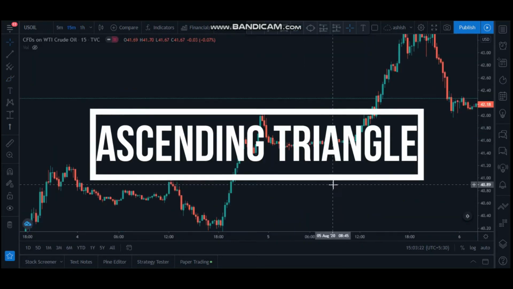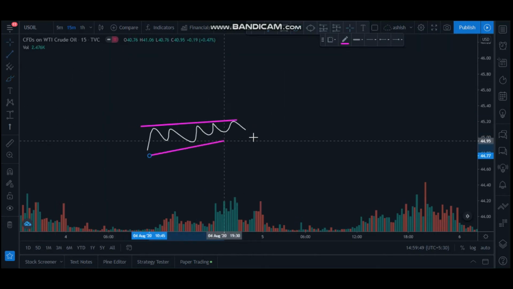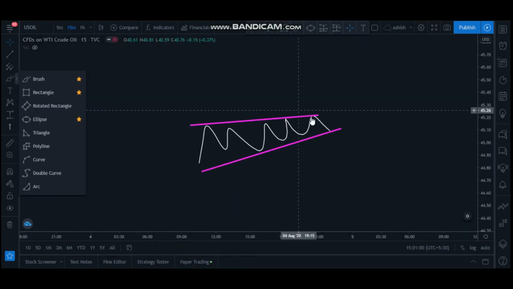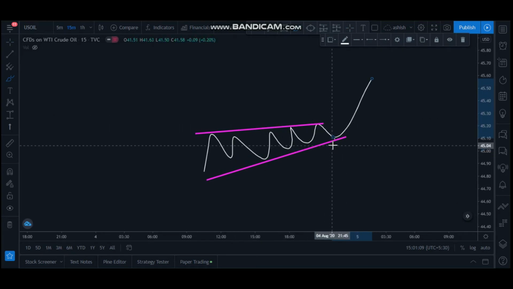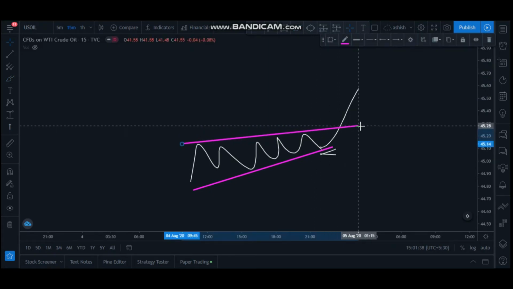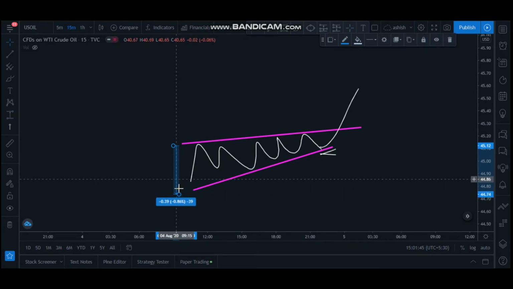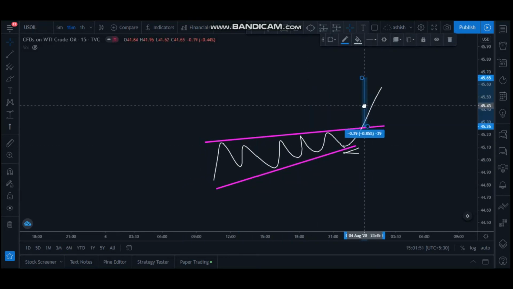The next is the ascending pattern. Price travels this way, it makes a small higher high, and then we have to draw a trend line this way on the upside, so it will look somewhat like this. Now here the price will give a breakout in the upward direction. So simply you have to keep your stop loss again below this swing, and get into the trade as soon as the price breaks this trend line. Again, profit will be of this area. This is 39. So we'll take the same thing, apply it here, and your profit will be 39 points.